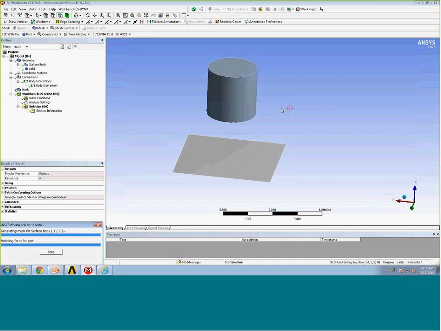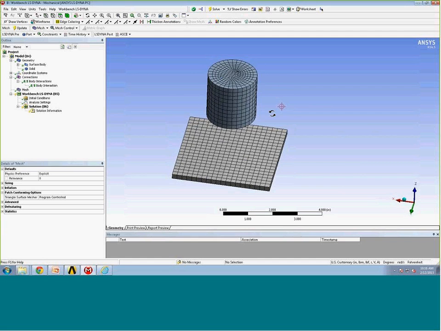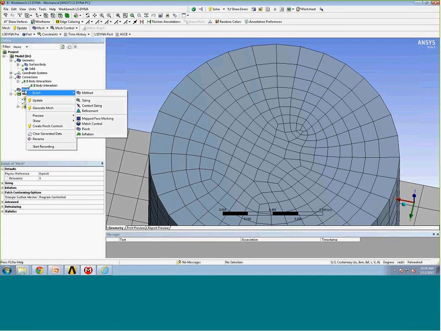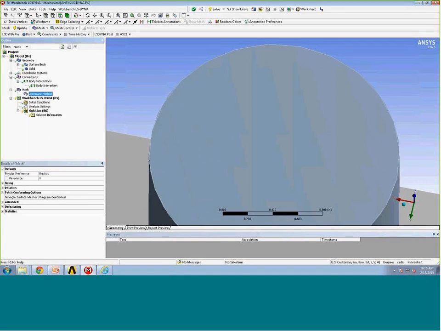And what we see is, if we look there, we've got some relatively small elements in that cylinder. That's because small elements tend to drive your time step down in explicit analysis. So we prefer a more uniform distribution of elements, fairly uniform element sizes. To achieve that, what I'm going to do is right-click on Mesh, insert a method